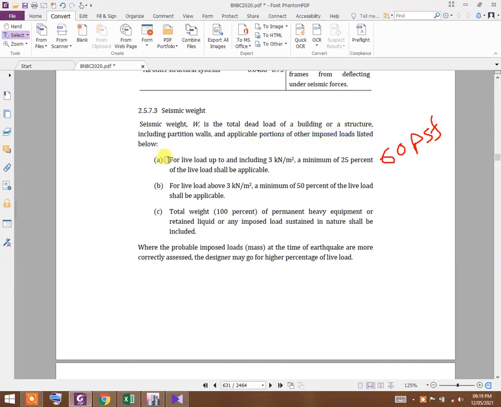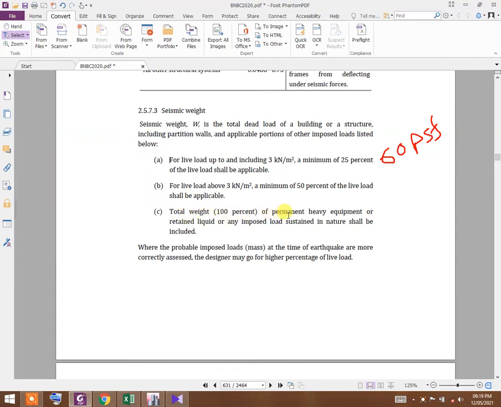That is, if the live load is up to and including 60 psf, a minimum of 25% of the live load shall be applicable. If the live load exceeds 60 psf, then a minimum of 50% of the live load shall be applicable.